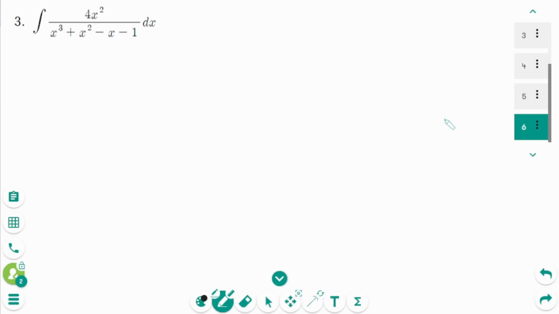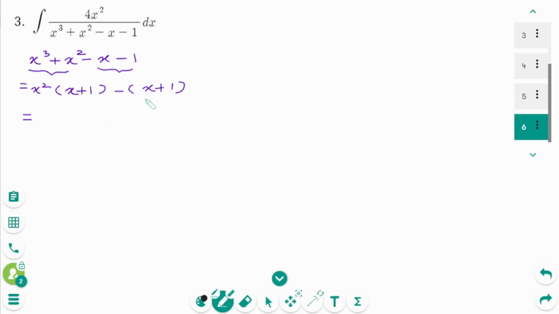Question 3. Since the degree of the numerator is less than the degree of the denominator, we don't need to divide. We factor the denominator: x cubed plus x squared minus x minus 1 equals, factor the first two terms, take out the common factor x squared, then times x plus 1. Now factor the last two terms, take out the common factor minus 1, then times x plus 1 equals,